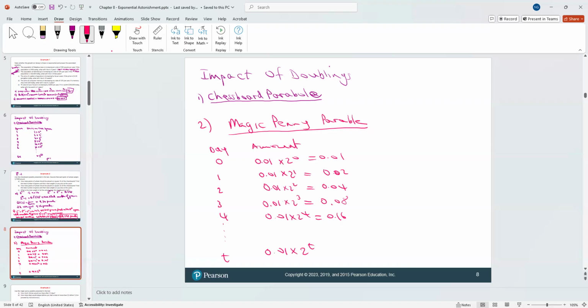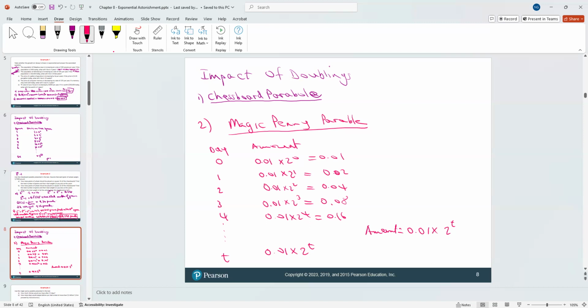So day one is the day you met the program. Generalizing from the first 4 rows of the table, the amount under your pillow after t days would be 0.01 times 2 power t, right? As long as you know what day it is. So we can use this formula to figure out how long it would take until you have fantastic wealth.